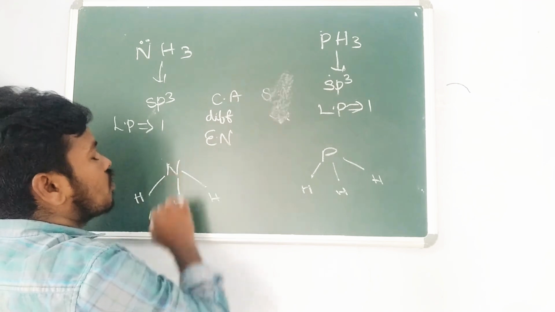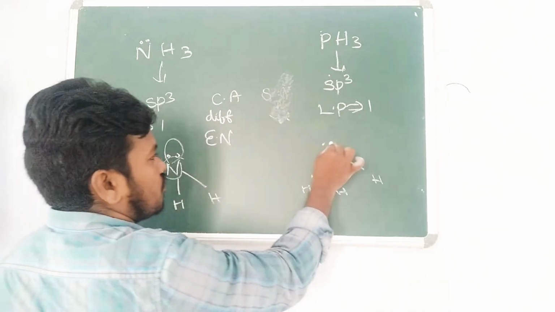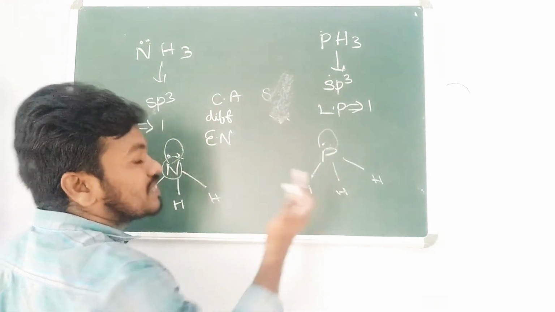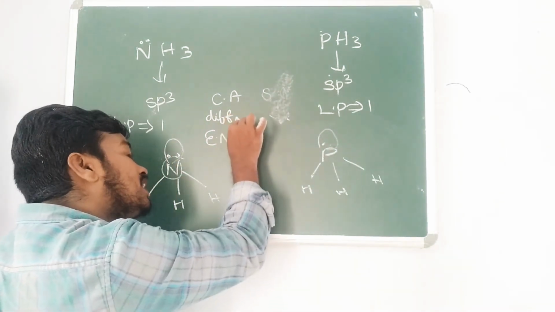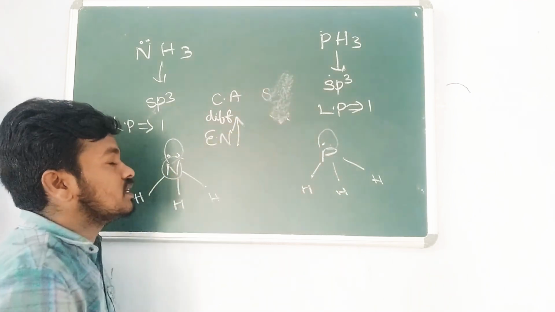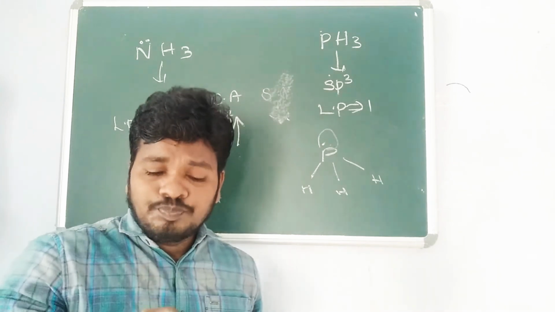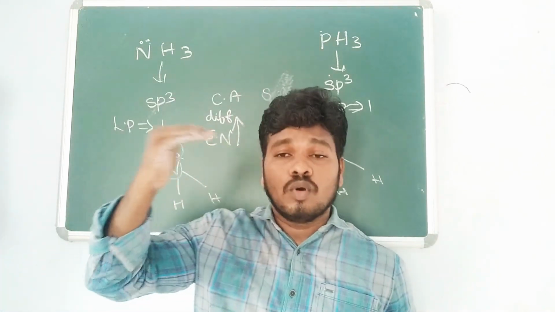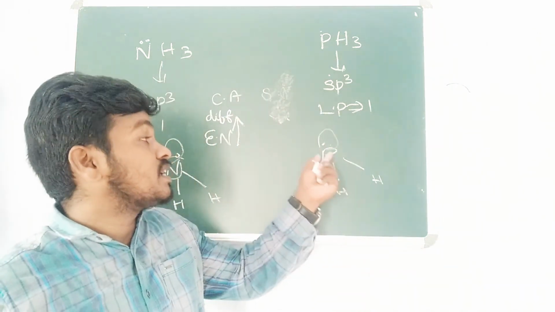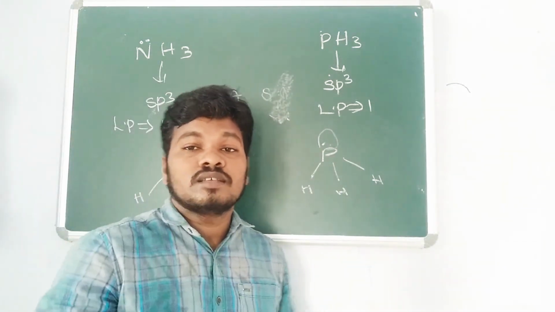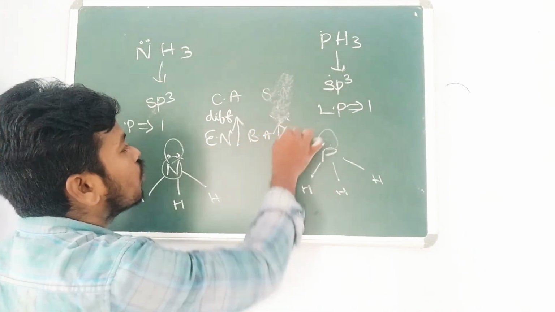Electronegativity, when compared to the nitrogen, lone pairs. When compared to nitrogen, phosphorus has the least electronegativity, and nitrogen has the more electronegativity, central nitrogen. Here in this case you have to consider the central atom having the more electronegativity compared to the neighboring central atom. In this case bond angle is also more. How is the bond angle more?